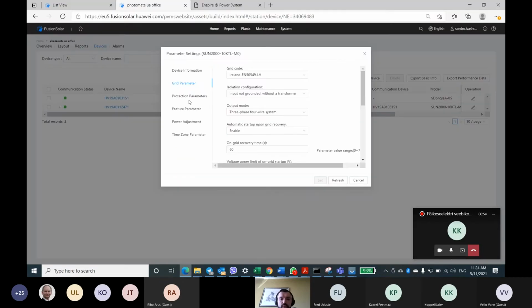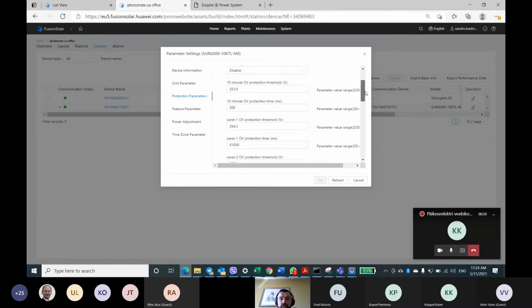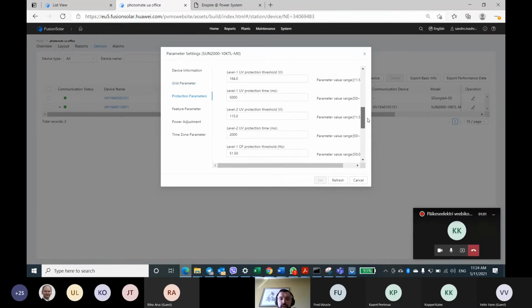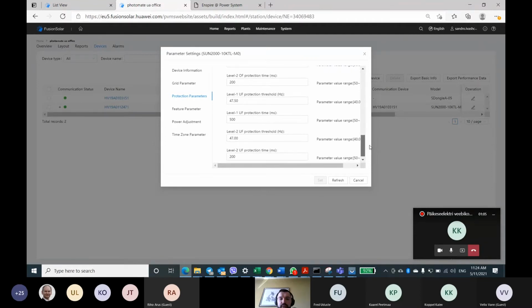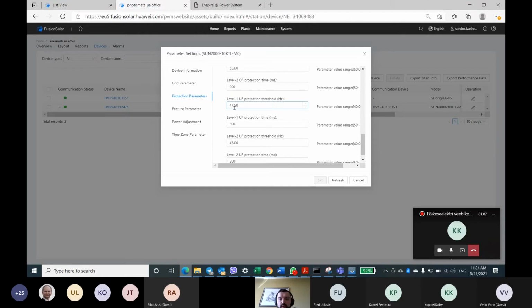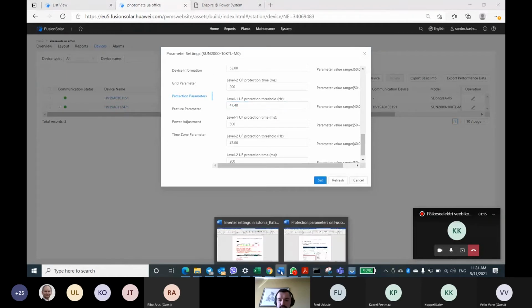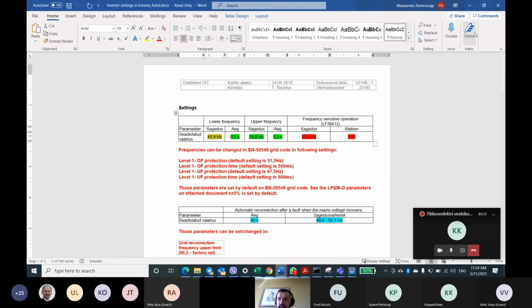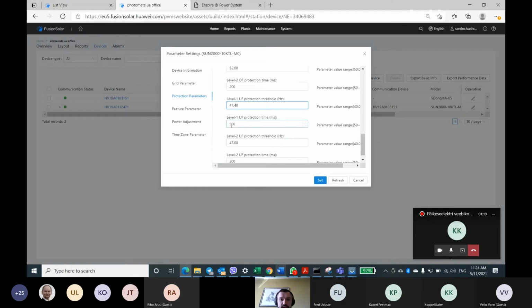You go to protection parameters, then you choose level 1 under frequency protection threshold. So standard is 47.5. You change to 47.4, and the time value is, as far as I remember, 100 milliseconds. You choose 100 and press set.